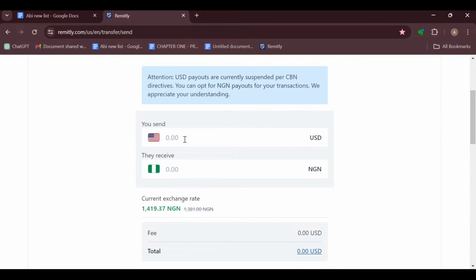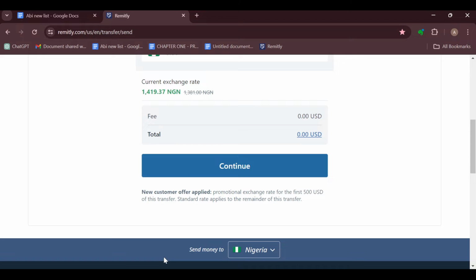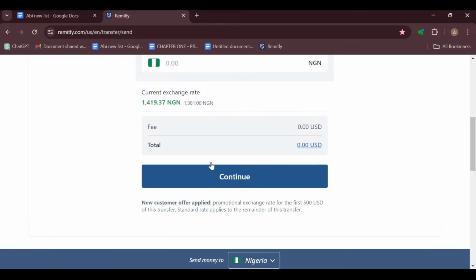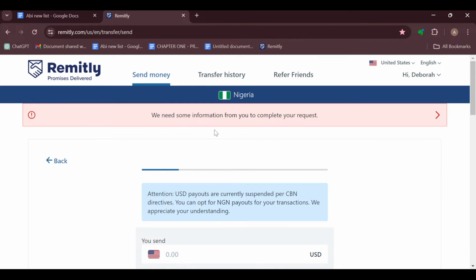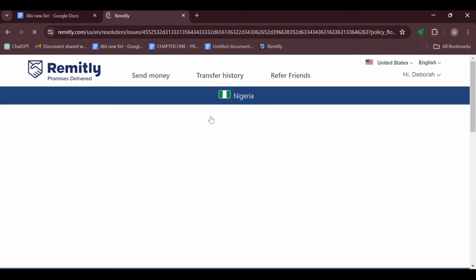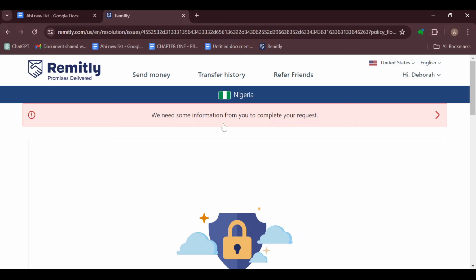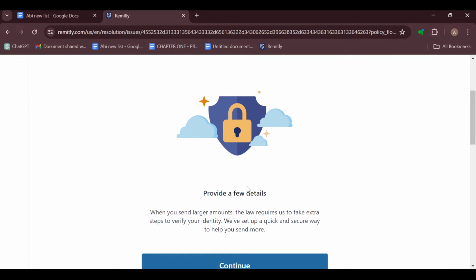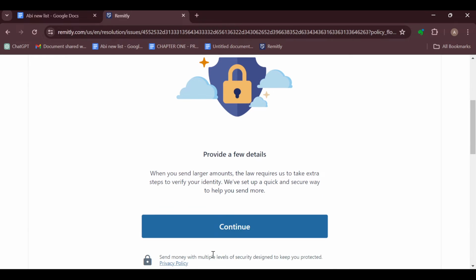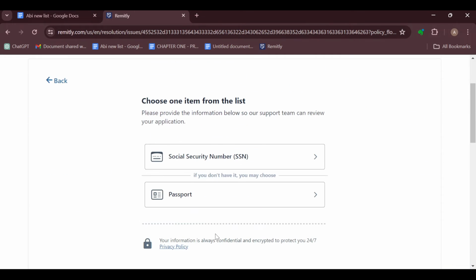By the time you enter the amount you want to send and you click on continue, instead of directing you to the recipient's page and all of that, you'll be asked to add a few details. Now, if you do not add the details, that is when you will see this option displayed at the top part of the screen, which says that we need further information to continue with this process. So now, once you can see provide a few details, click on continue, and then you'll be taken to the